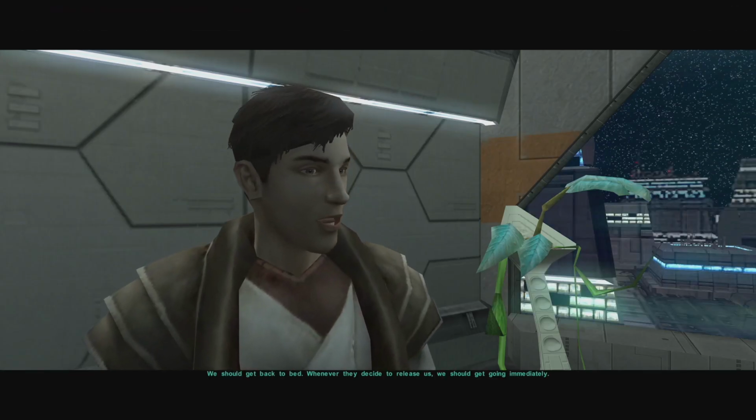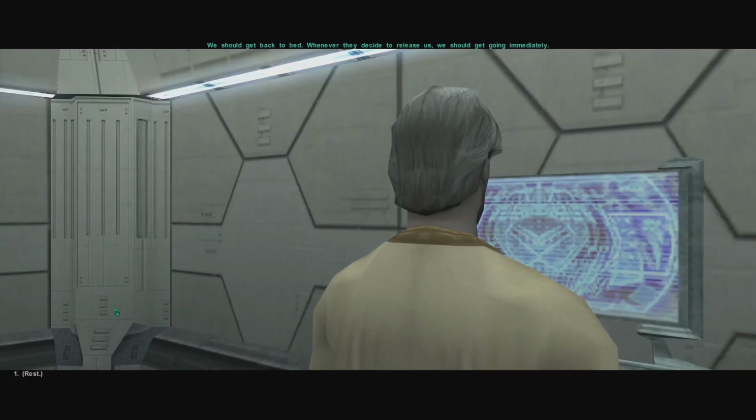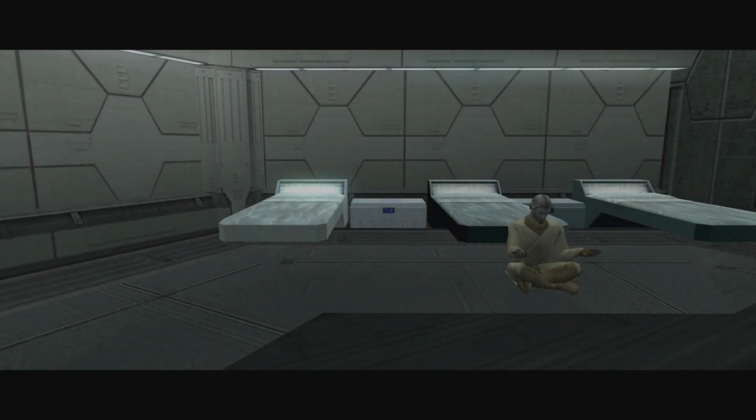We should get back to bed. Whenever they decide to release us, we should get going immediately. I should probably talk to that Ithorian. I shall rest. I should probably talk to that Ithorian anyway, just to figure out what's what. But considering this is a dark side run...